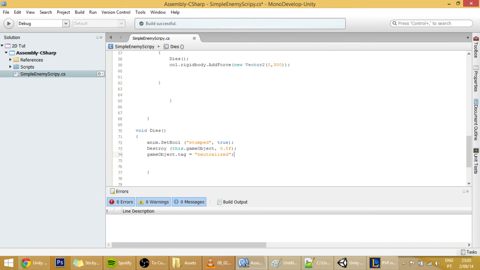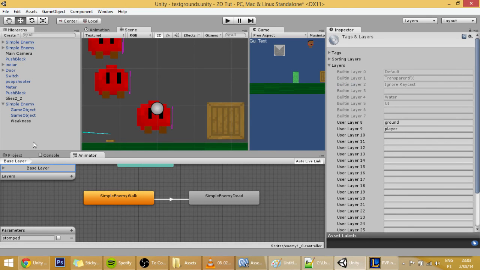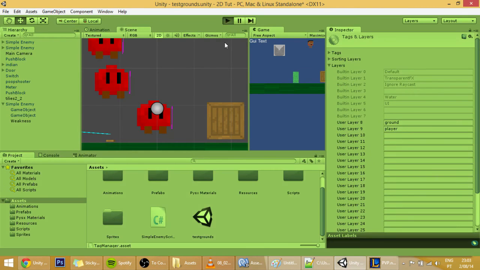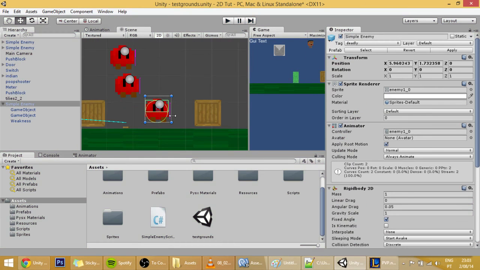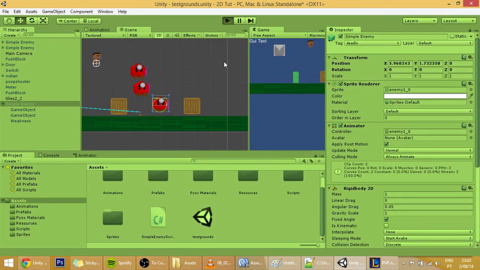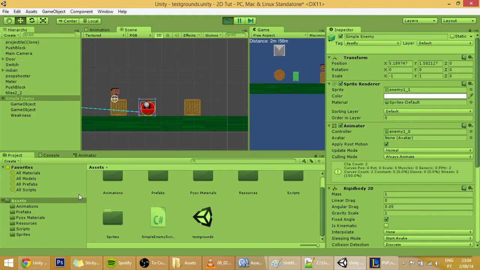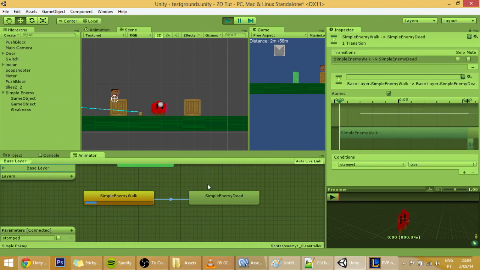With this done, it should be running. Our player should now have that animation working correctly. Let's see if it all works. Oh, I forgot to apply on this enemy so that all enemies are the same. Okay, and if I jump on top of them like I did right now, as you can see I jump up and the enemy dies, but for some reason the death animation is not playing.